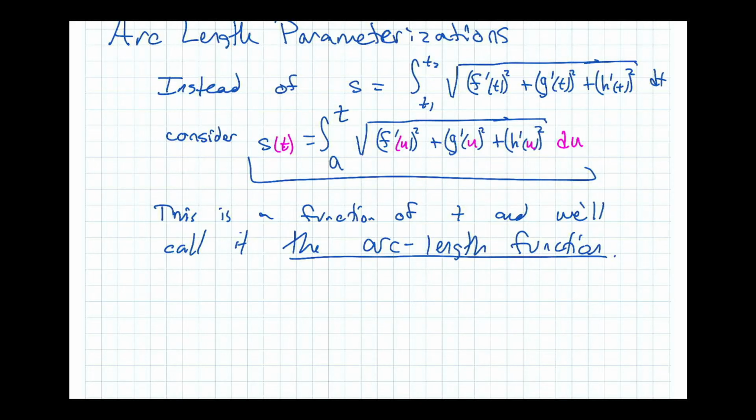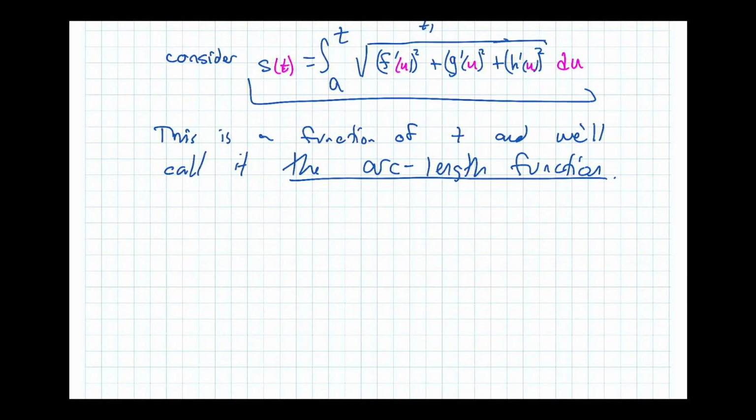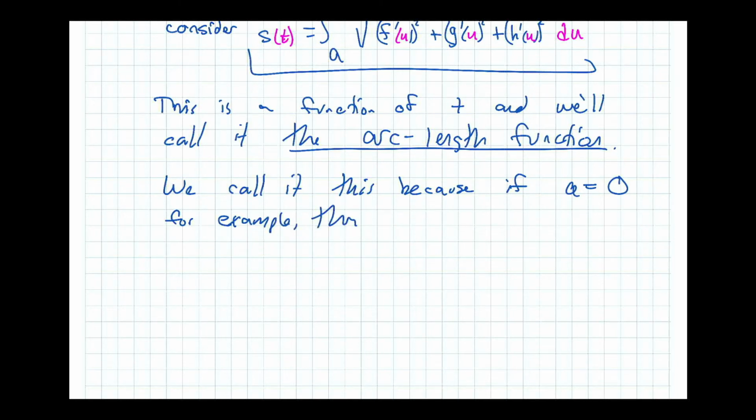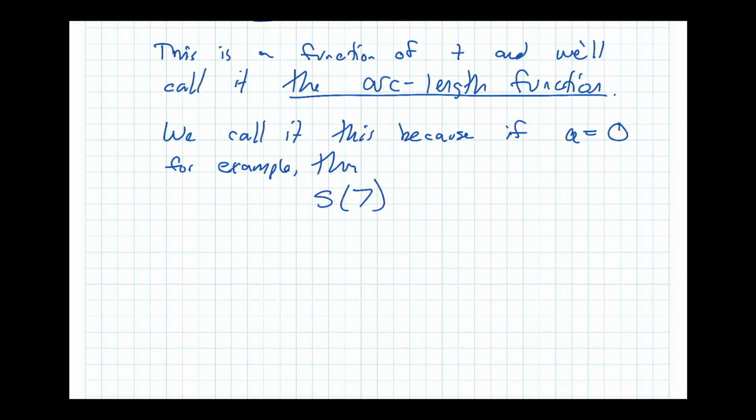The reason it's called the arc length function is because if a is, say, 0, though it could be anything, so if a equals 0, for example, then s of, I'm just going to put a number here, so like s of 7 would be